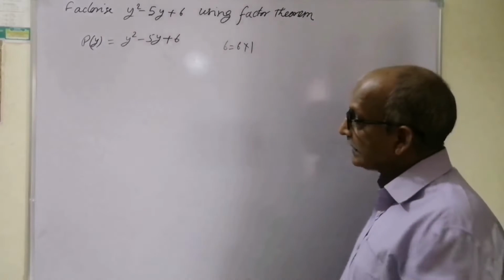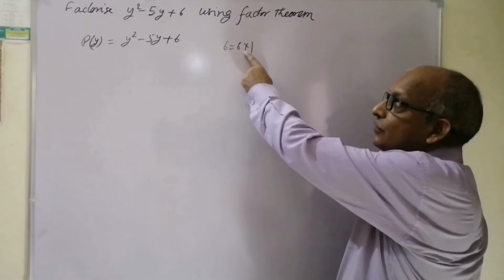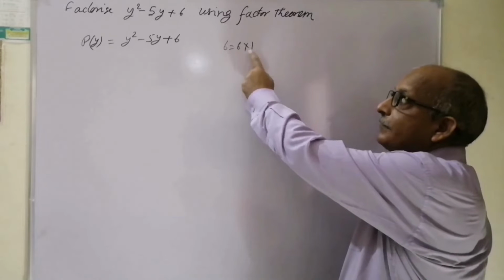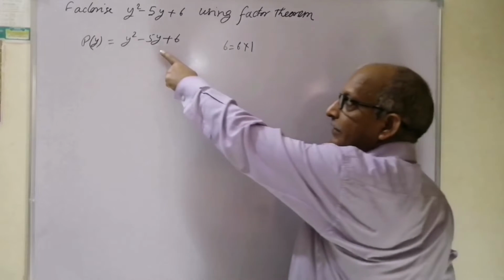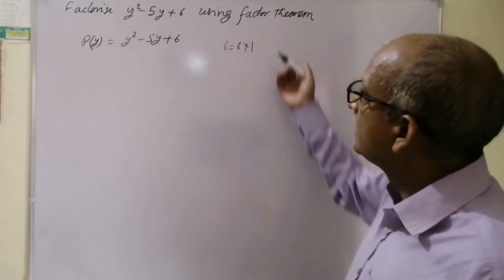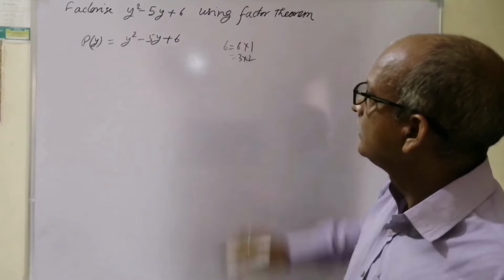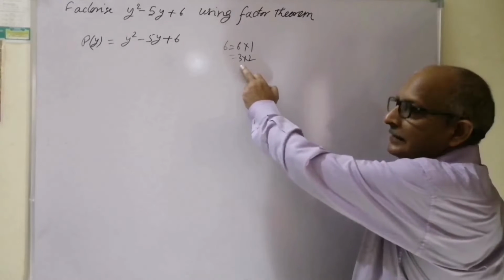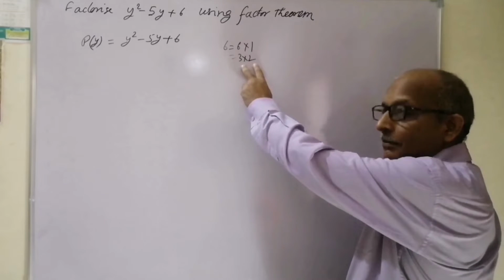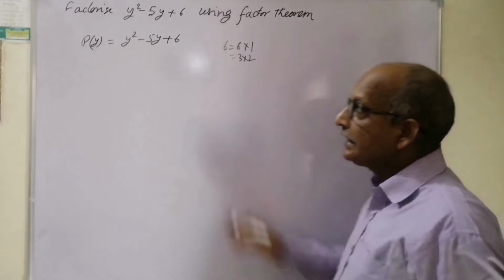Now we'll check. We'll examine whether the sum of these two factors of 6 is giving 5. No, because 6 plus 1 will become 7. Examine another one, 3 into 2. Now again see, one factor is 3, another is 2. Now check for its sum. Is the sum the middle term?